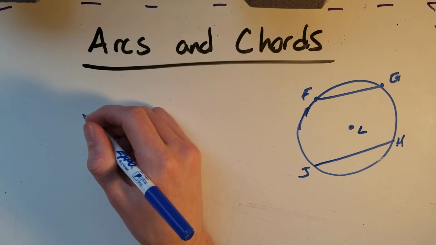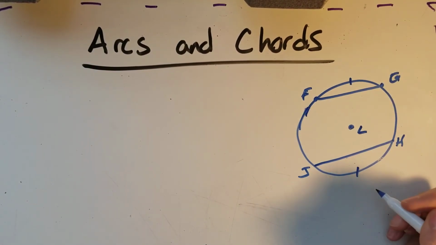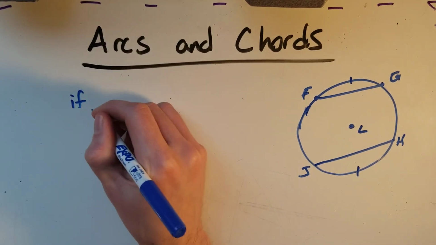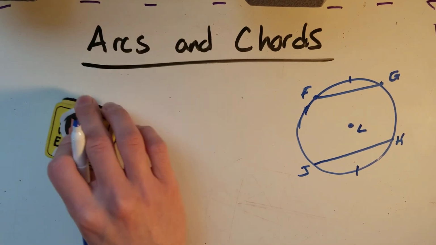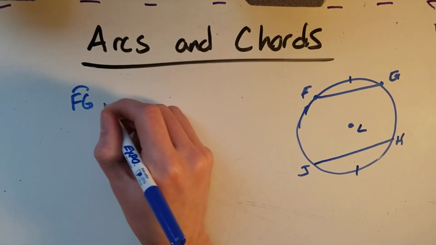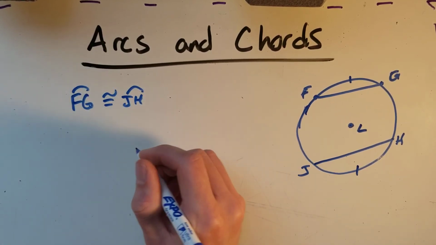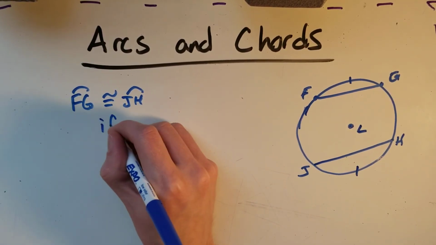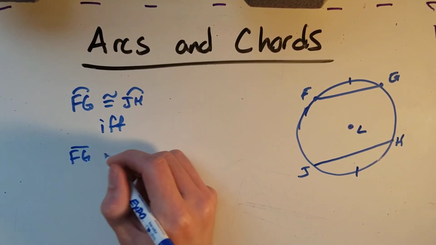So let's say we know our arcs are congruent. Given that arc FG is congruent to arc JH, that is true if and only if the segments, or the chords really,